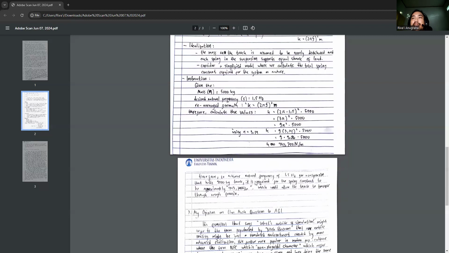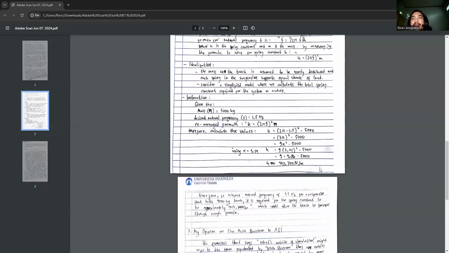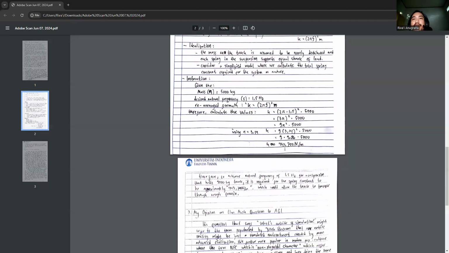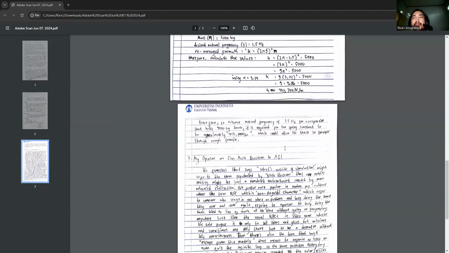443,700 Newton meter, as we are using pi equal to 3.14. So therefore, in conclusion, to achieve the natural frequency of 1.5 Hertz for a suspension that holds the